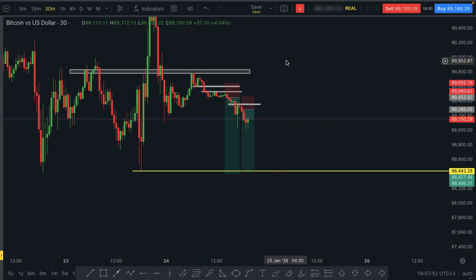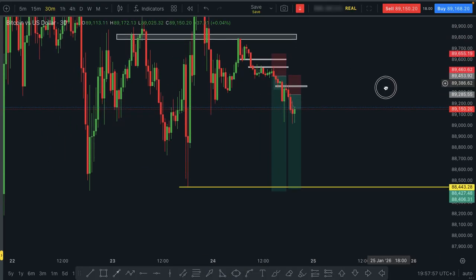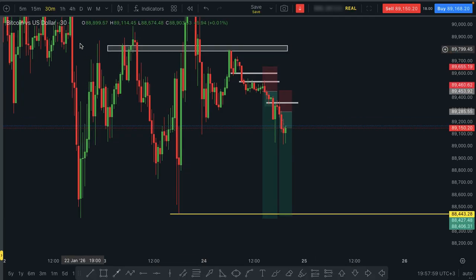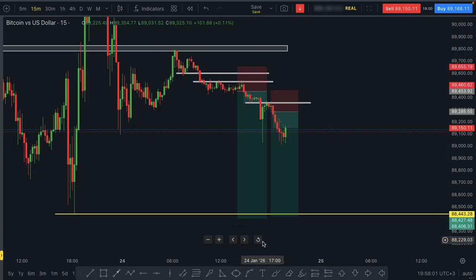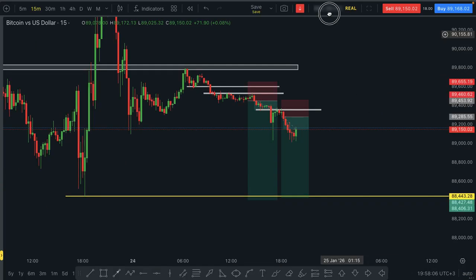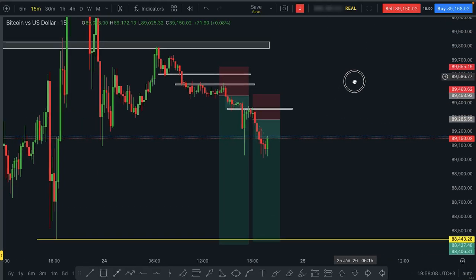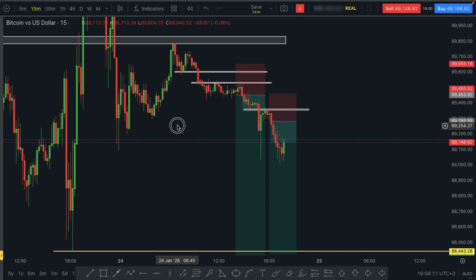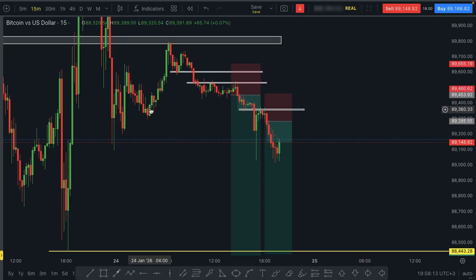Once it gave us that, the sellers are in, so you can simply see that it's printing bearish candles. Then we again scroll down to the 15 to see clearly what's happening on the 15-minute time frame. So let me first try to do it like this. You can simply see that price came around here, then the sellers pushed again. Buyers tried to push up, but then it pushed to the downside,